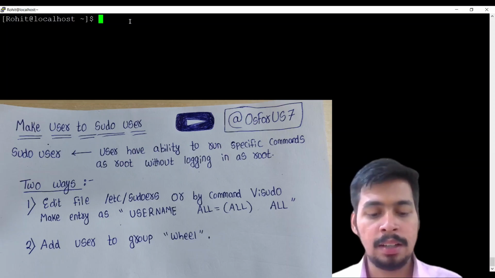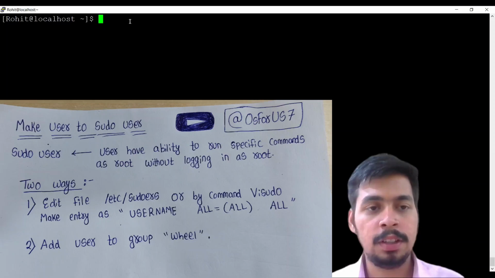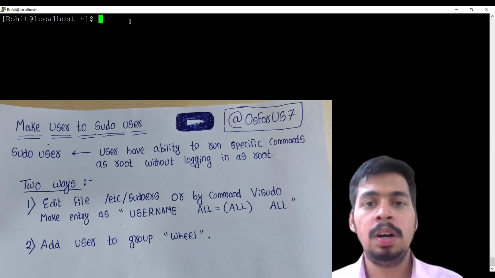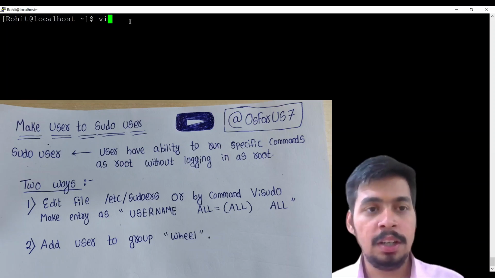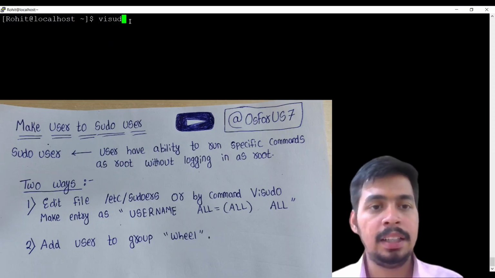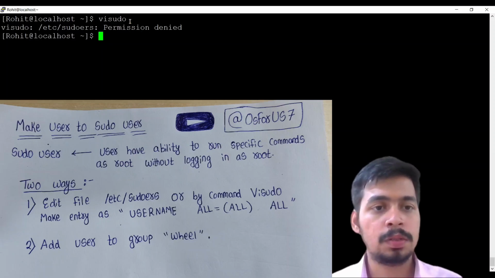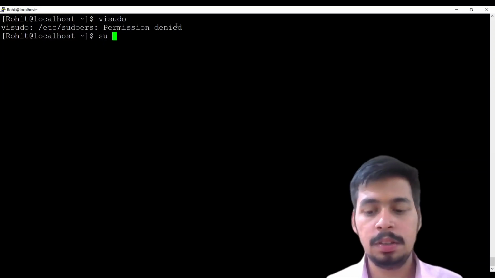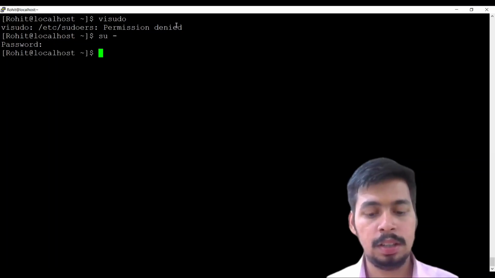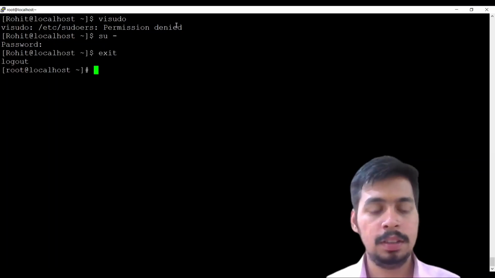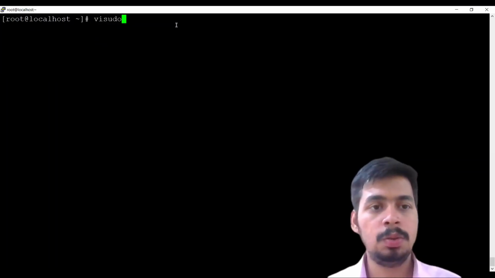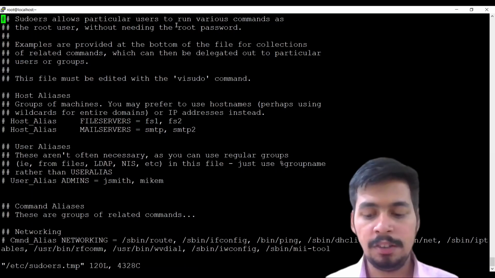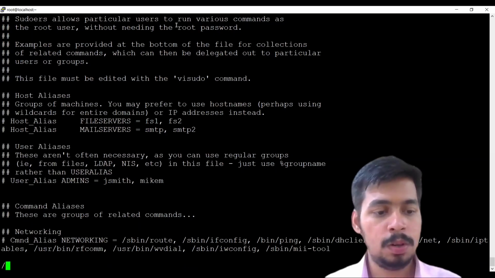There are two ways to make a user a sudo user. First is by writing in the file visudo. First we will have to move to root, take the login of root, or just exit from here, then run visudo. Now in the file, I want to